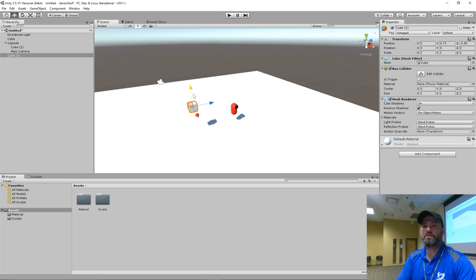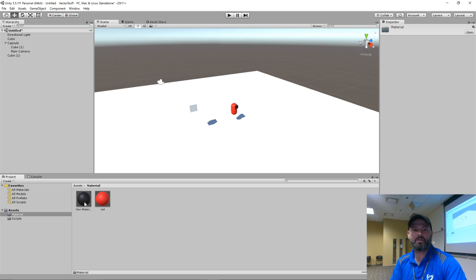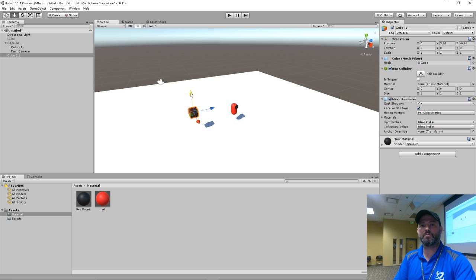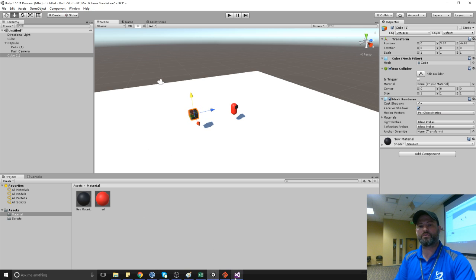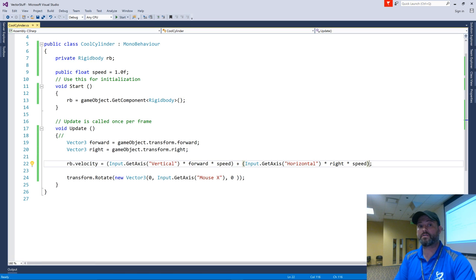All right, and this thing, I don't need it, it can represent a cube, and I'll put a black material on it so we can see it. So I have this cube in the world, and I'm going to show you how to make a vector to that cube and why it's important also.